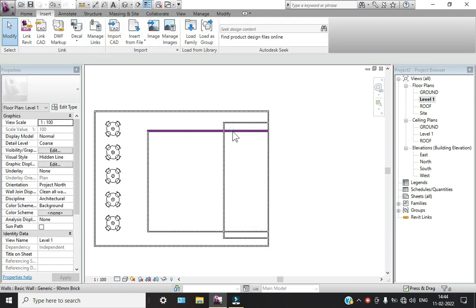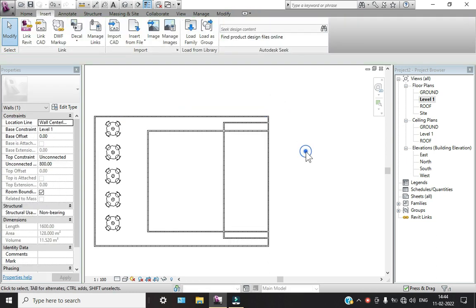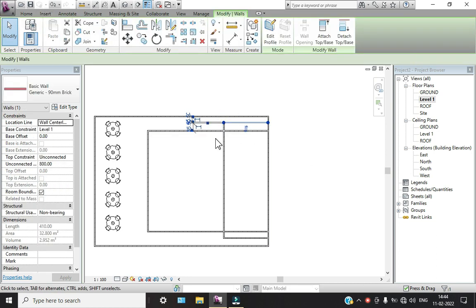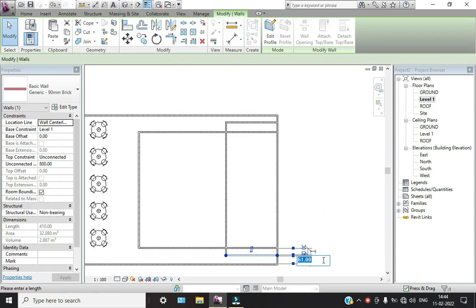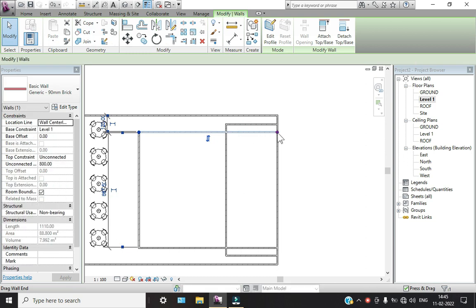So this is a 120, right? So this is 60, right? So here also we will select this as 60. So right, so now drag over here, select this one,